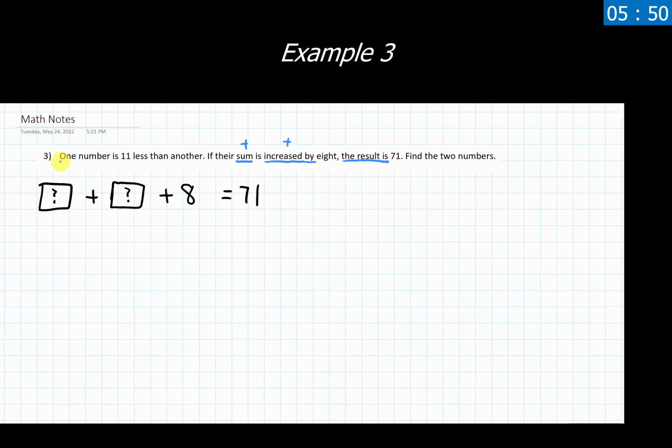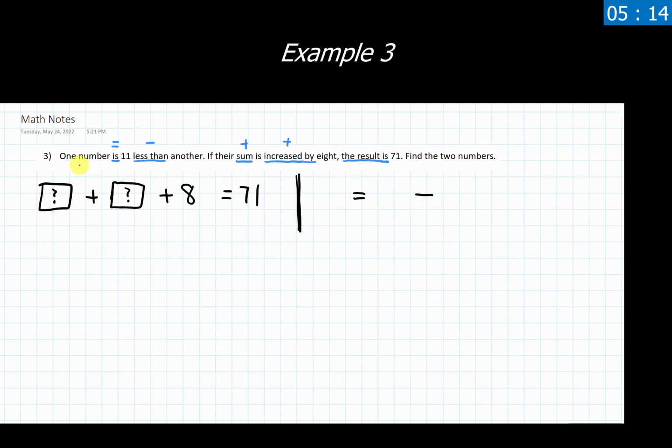We're told one number is, buzzword again, 11 less than another. This less than is another buzzword. That means we're going to have subtraction showing up. So we have something equals and then some subtraction showing up here. I'm going to do this sentence over off to the side, kind of separate this out a little bit for ourselves. So I'm going to have something, one number is, and then 11 less than another, so I have a subtraction showing up.